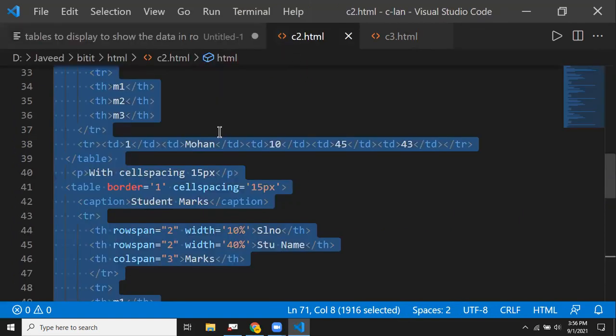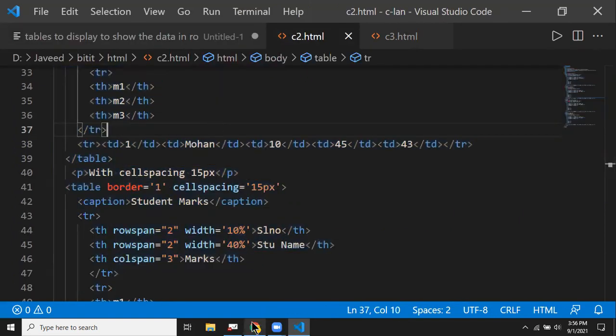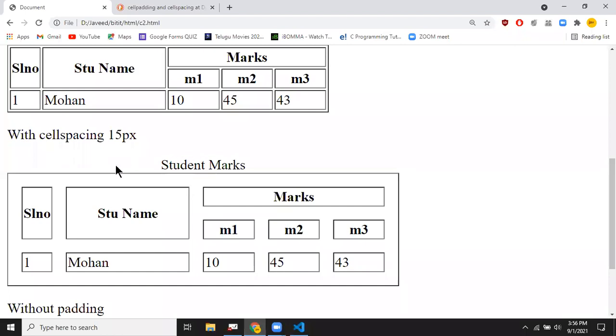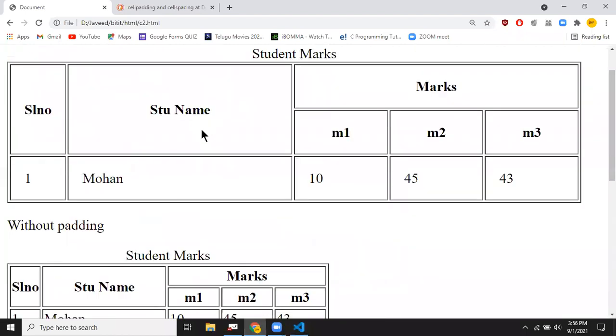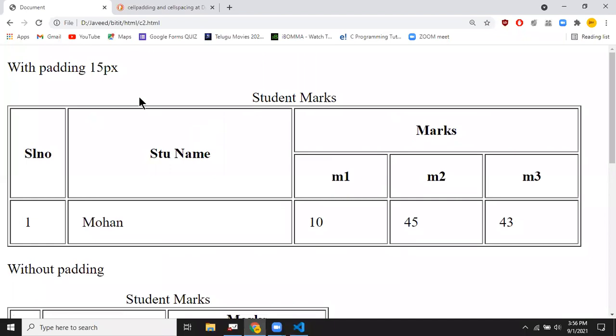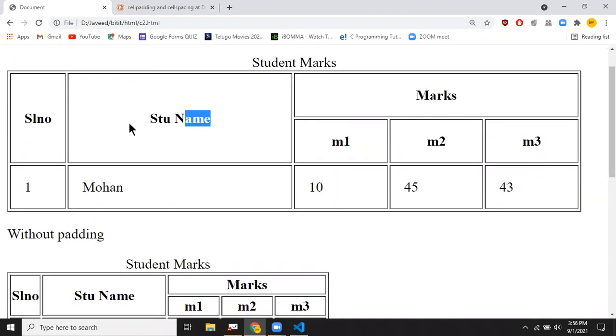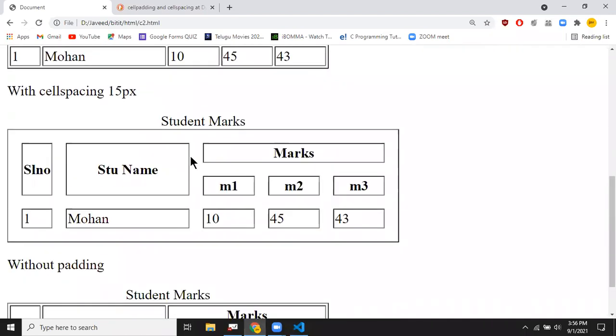So you understood. When I want to have cell padding or cell spacing, you can define what you want. Padding is nothing but the space between the content and the border. Spacing is the space between the cells.